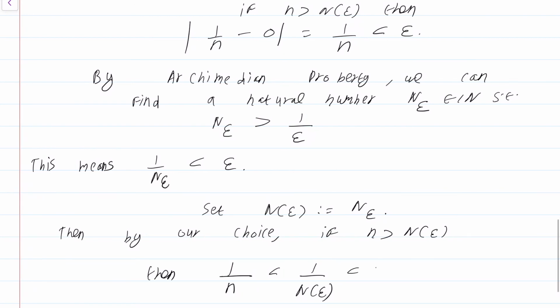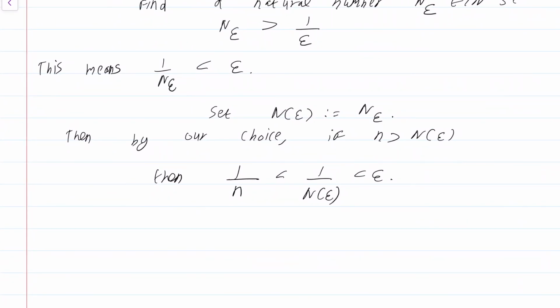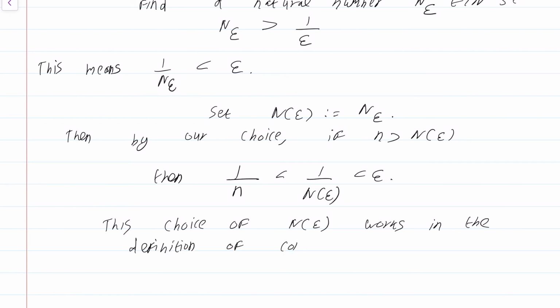That is how this N of epsilon was chosen. So this choice of N of epsilon works in the definition of convergence. Right. So the net upshot is we have found a function N of epsilon that does the job for us,